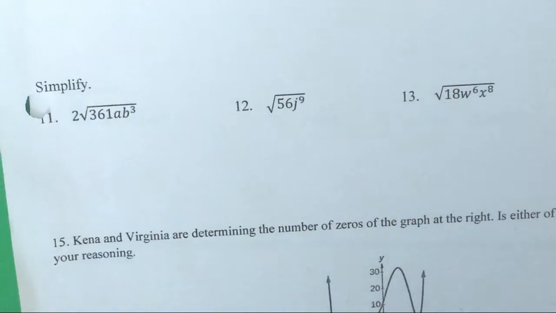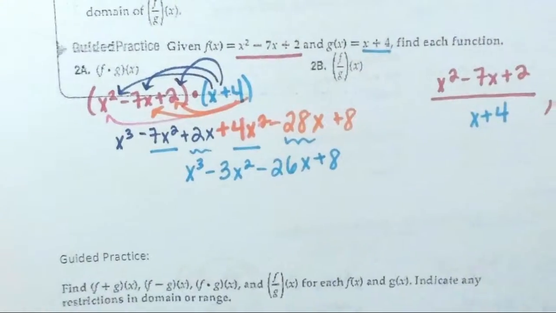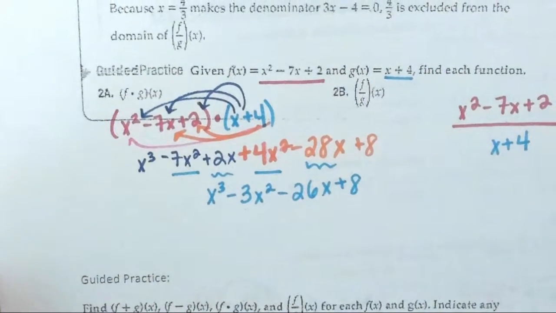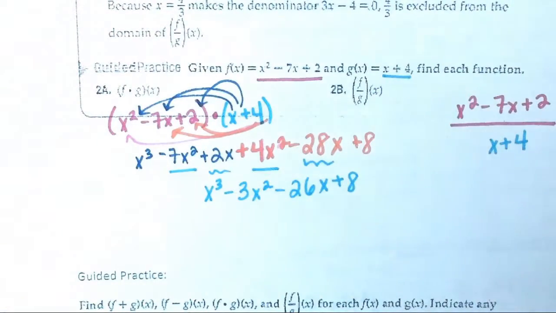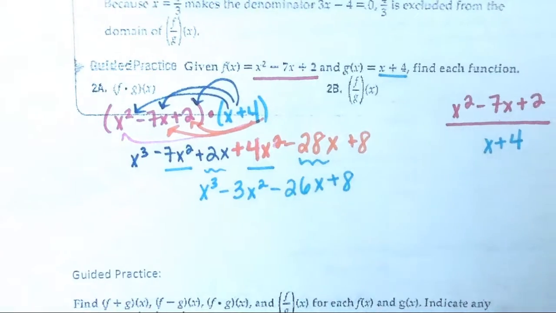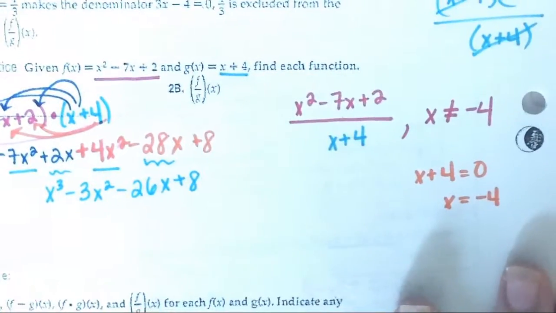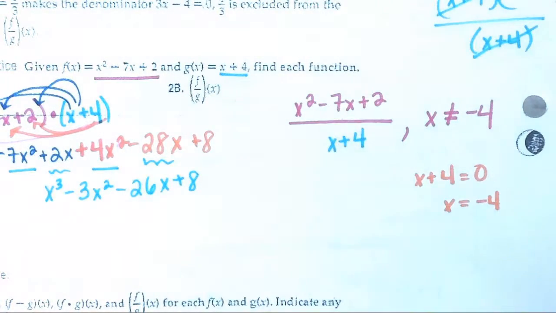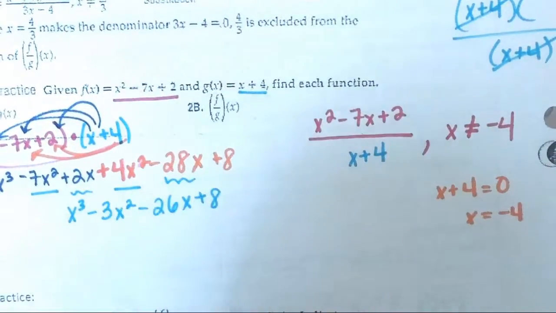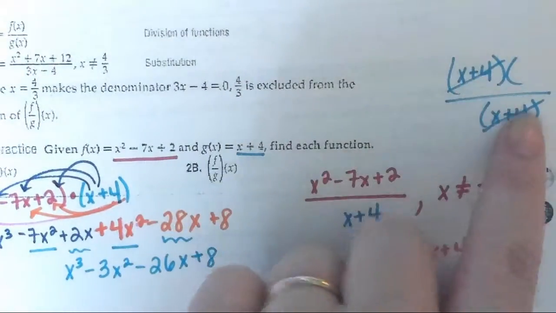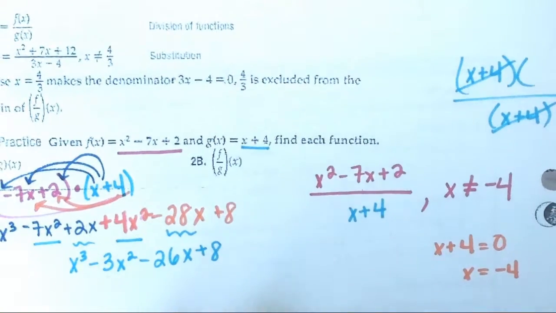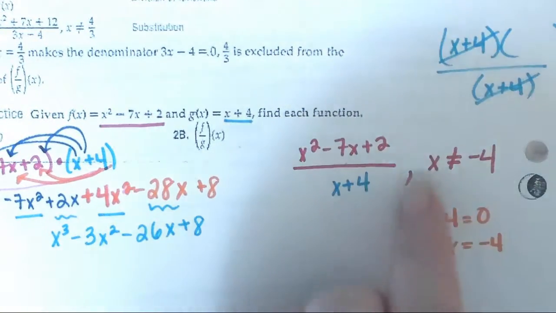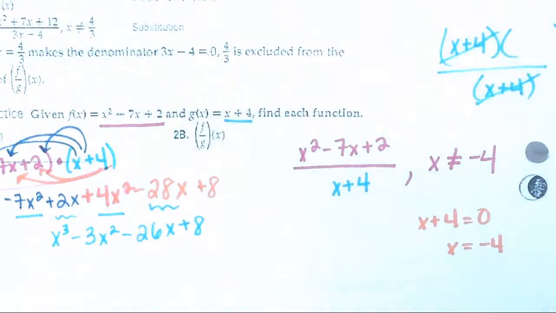We went on to the next page, which had F times G, and we went through how we've already done this on the Chapter 5 test. Literally, we need to make sure we're distributing to everyone, combining our like terms. It's going to take a few minutes, but we can handle it. The only issue we had yesterday involved dividing F divided by G. You don't have to use long division or synthetic division. We really wish we could factor and make the numerator and denominator cancel out, but sadly, most of the times that does not happen. But we did add one important piece that we need to take note of again